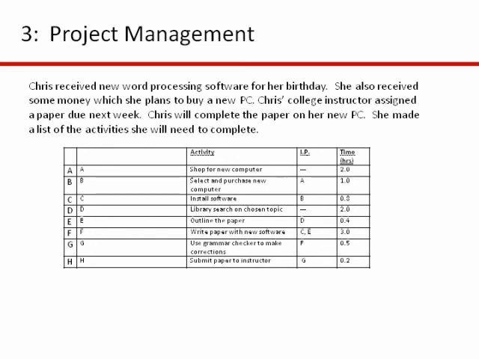So, for instance, activity A is shopping for a new computer, and there is no immediate predecessor. That's what the IP stands for. There's no immediate predecessor to A, and so A is going to start the network. That's the first thing she's going to do, and she estimates that it's going to take 2 hours. Okay, so using this example,